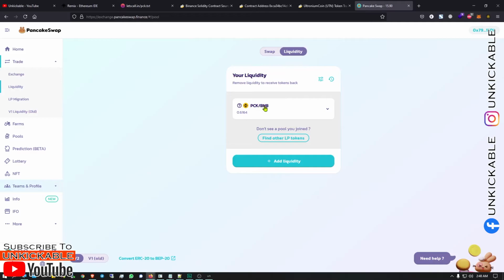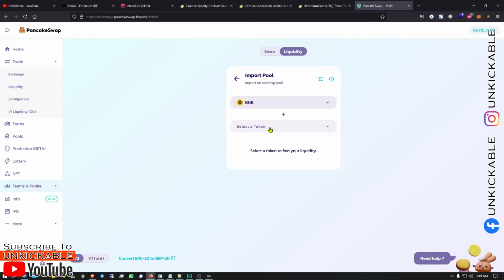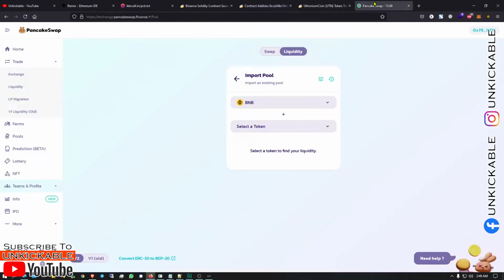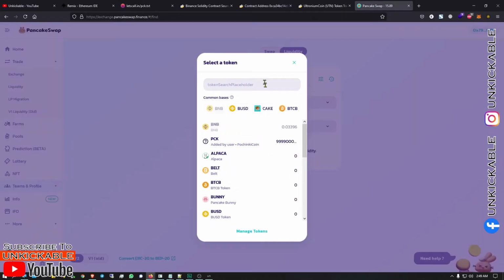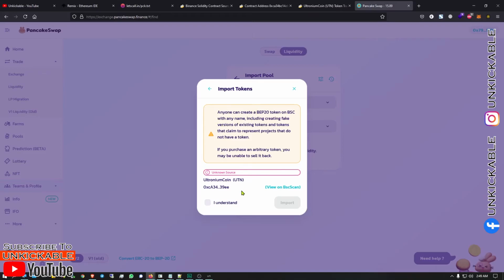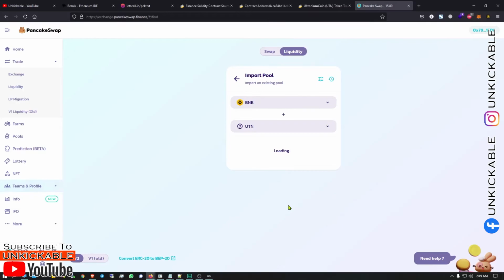So this is my previous cryptocurrency, but over here I cannot find a new cryptocurrency because there is an issue, which you are going to find, because I did not import it. So I am going to click on this, select a token. Whatever the contract ID is over here, I'm going to go ahead with that, select a token, search it over here. So you can find BTN, import. It is going to say everything, but it's our own cryptocurrency, so we are going to go ahead with that. I understood, and import. So it's loading.